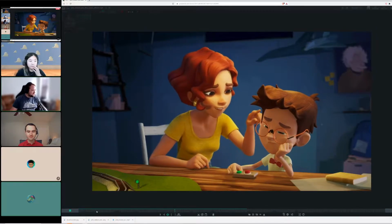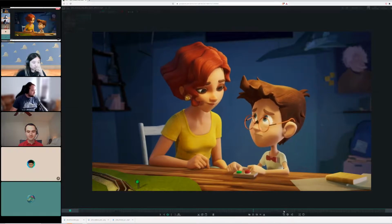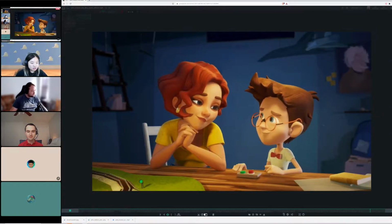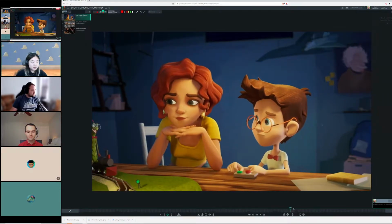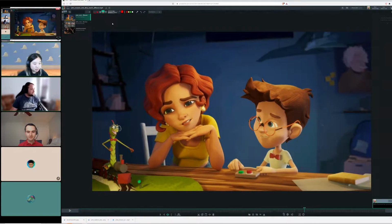Nice. Anyone have any thoughts right off the bat? I think the character on screen left is looking really, really nice. I'm just trying to spot the differences between what makes her look a little bit nicer to me than the young boy. I really like the shaping on her, and I think she's looking great. I think there's this shadow right here